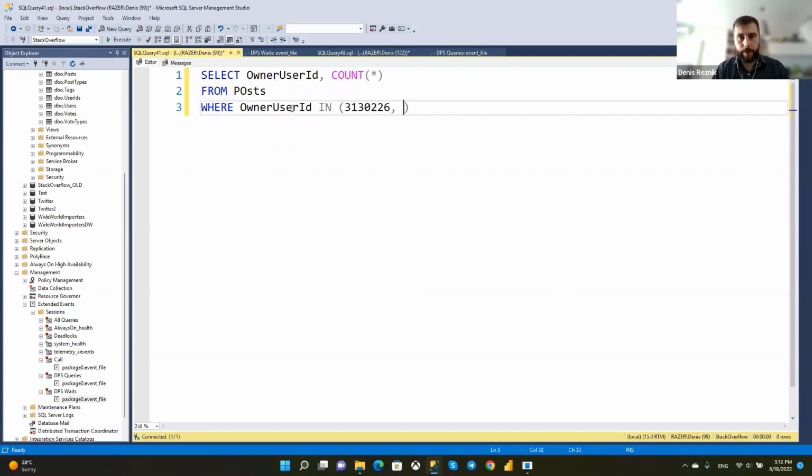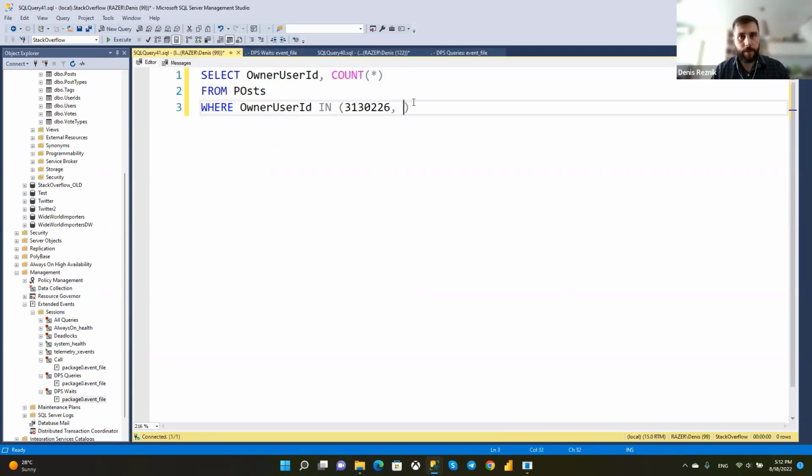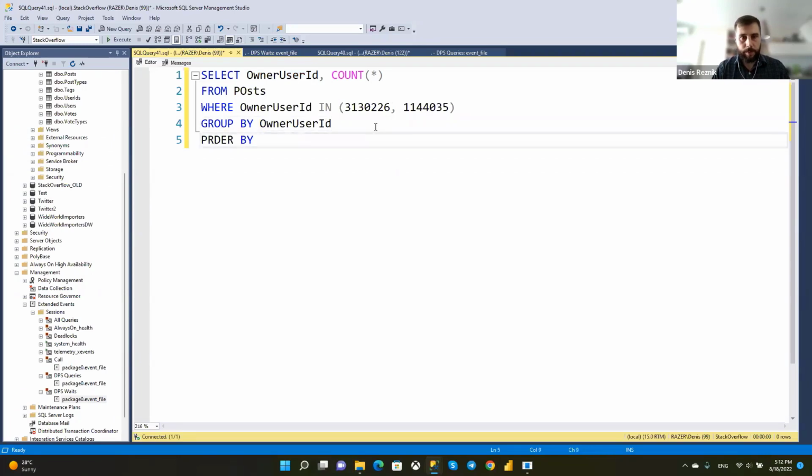Let me put these two values. It will count all the answers and questions for these users and will give us this information by owner user ID, ordered by count. Okay.